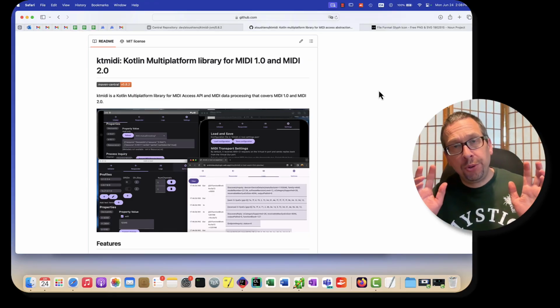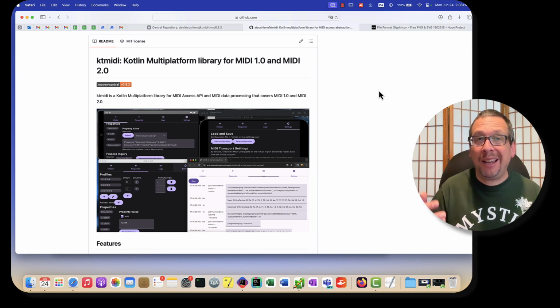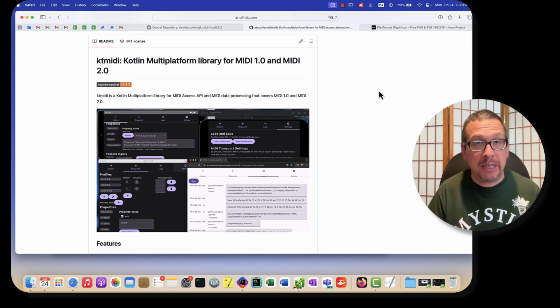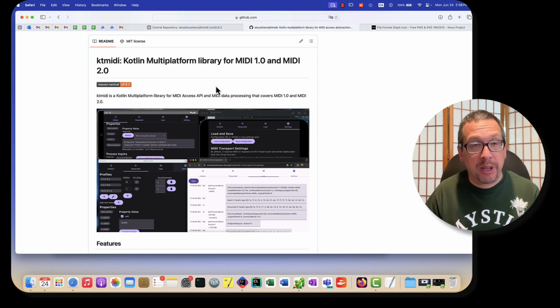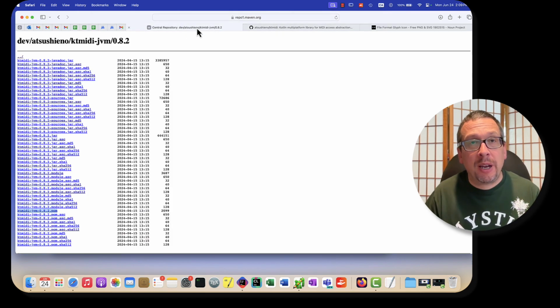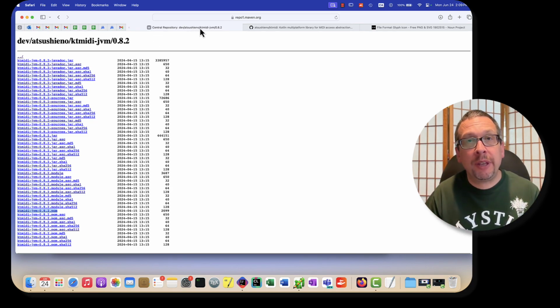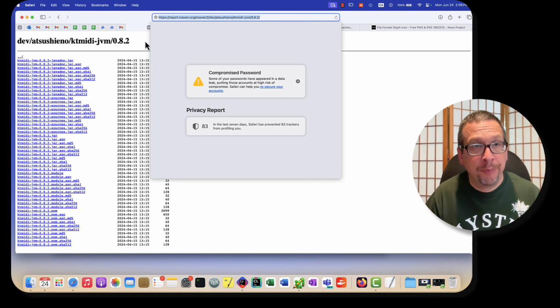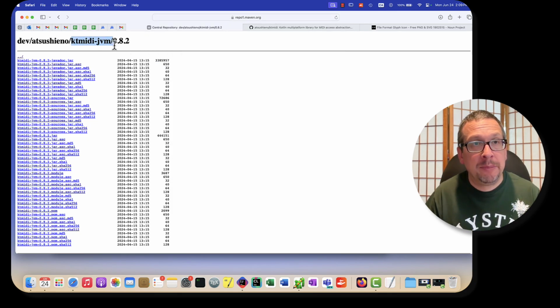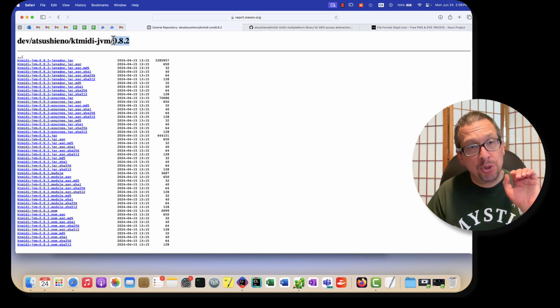Okay, so let's use the KTMIDI library to create a Kotlin project for MIDI, either MIDI 1 or MIDI 2. So this is the GitHub page where all of the source is. This is where the developer has uploaded his work. You can find jar files, or the compiled Java files, JVM files, on the repo site for Maven. And in this case, I'm going to be looking at KTMIDI JVM version 0.8.2, and I'm going to include this